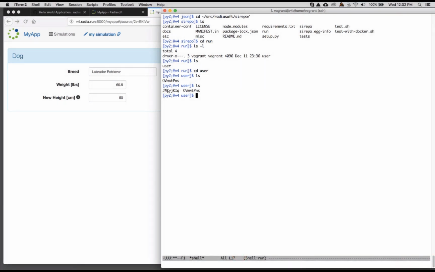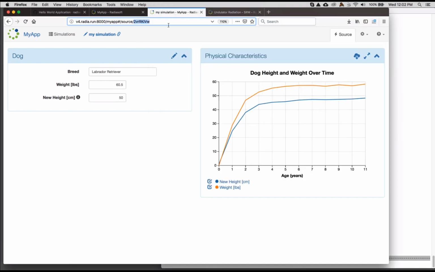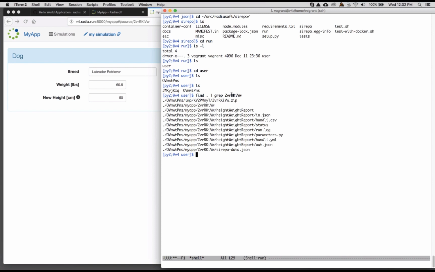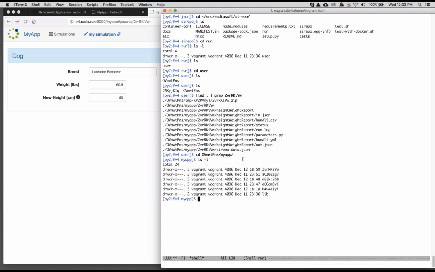Okay, so back to the question of where does this data live? Within this directory, I'm going to look for this ID that I got from the URL, or you can also get it from the simulation data file. And you can see it's user this, and there's myapp, which is the Hello World application. And then there is a directory with that name. And so if I go in there,